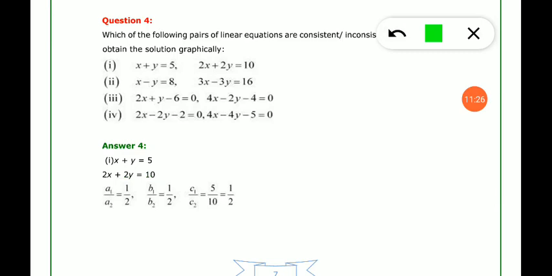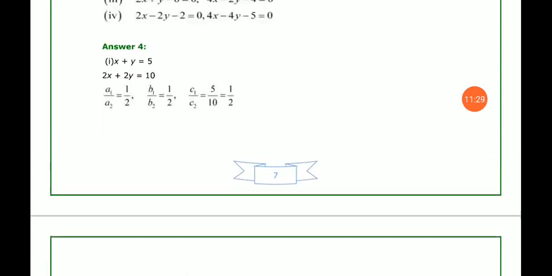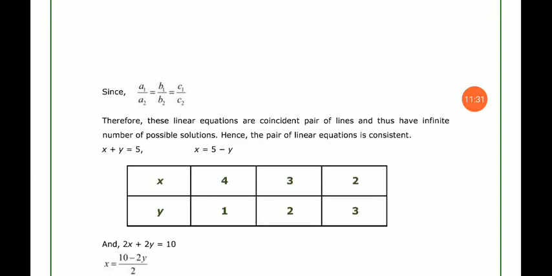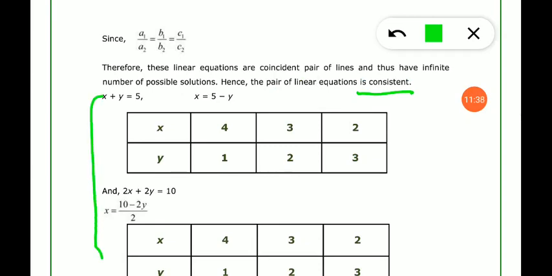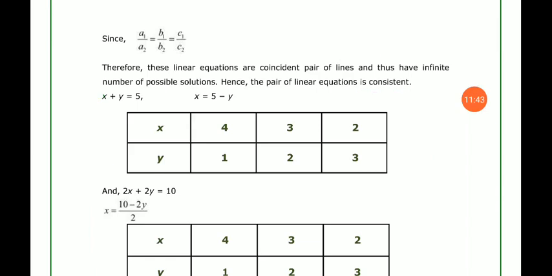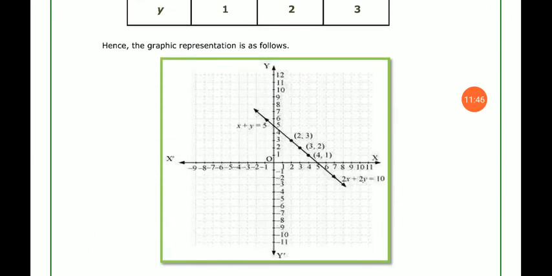And if we get consistent, since in the first part we are getting consistent because they are coincident lines, we will make the graph of it. This is the portion of the graph where you know how to find the values and then how to plot the graph. So we will represent the situation graphically, and please, students, always use a pencil for drawing the graph, because in case you make some mistake, you can erase it and draw it once again.